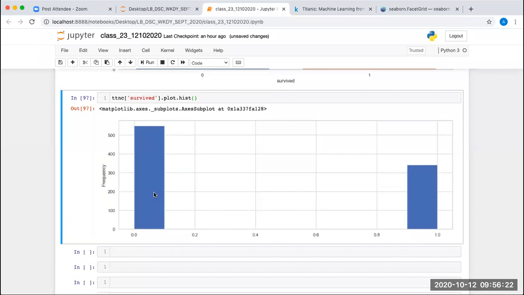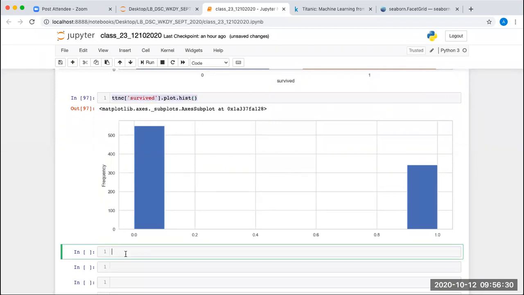Now let's say you want to get the pie chart for this same value, so you can use plot.pie. But before that, one thing you need to do here is value_counts.